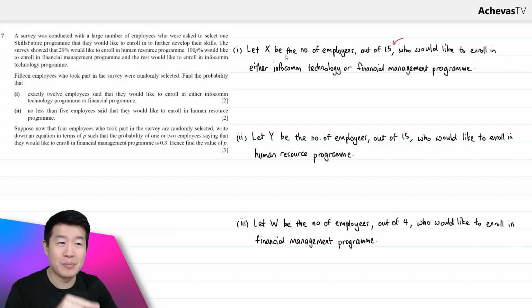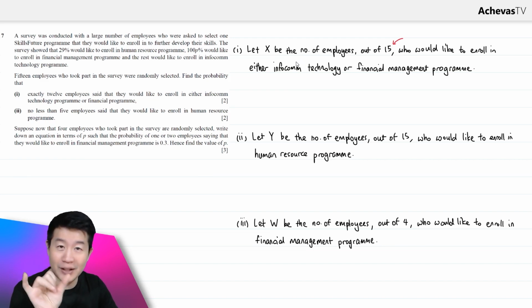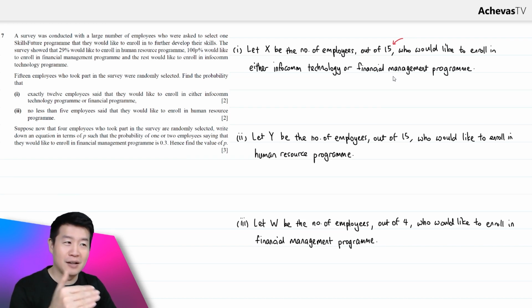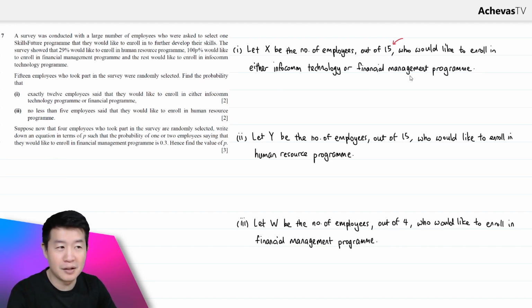But I know some schools require you to write down one more thing, which is let X be the random variable that represents blah blah blah. So if your school requires that, make sure that you write it down. In case you are not sure, my suggestion is to just write down: let X be the random variable that represents the number of employees out of 15 employees who will blah blah blah. So what I'm seeing here is a binomial distribution